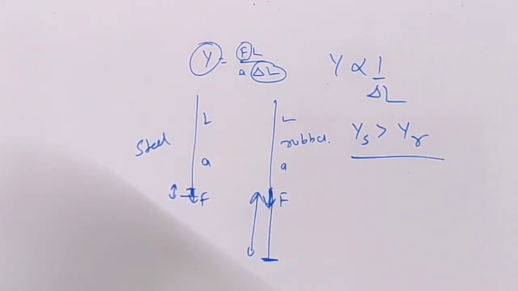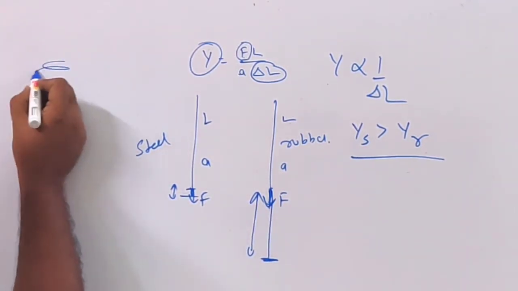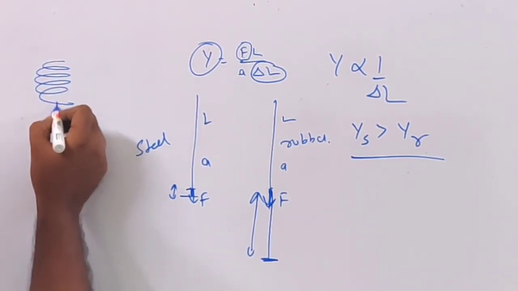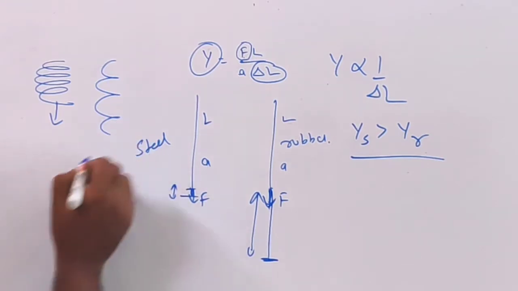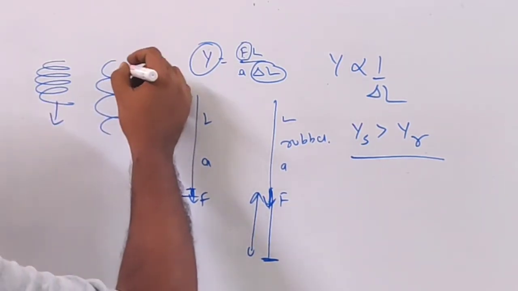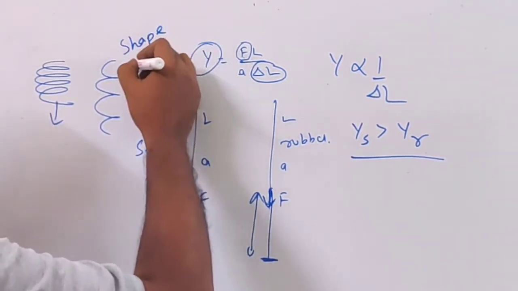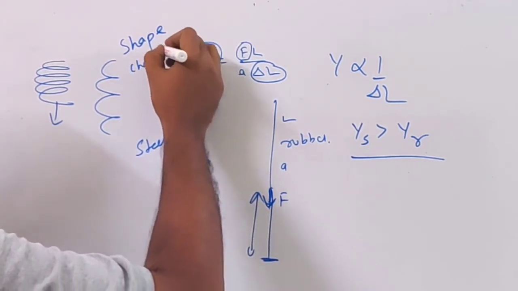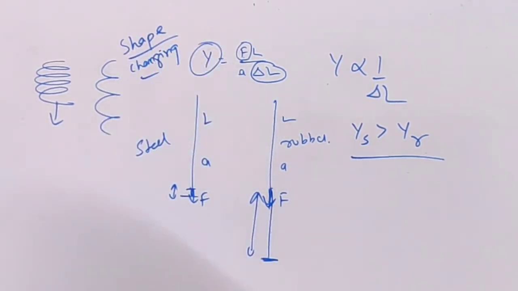Okay. The stretching of a coil is determined by shear modulus. Now see, this is how the coil looks. Now if it is stretched by applying a force, it becomes like this. It appears that the length is changing, but it is not the length that is changing. As you can see, the separation between the adjacent turns is changing. So basically what is happening is the shape is changing. Now corresponding to shape change, we have shear modulus, not Young's modulus. Okay, so this is a true statement. 9.4b is a true statement.